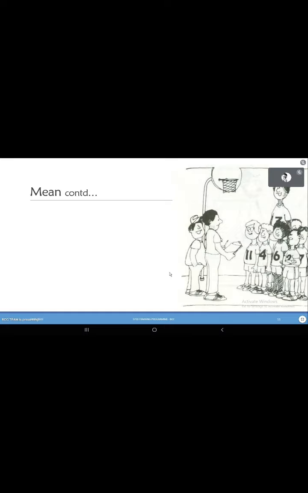Although mean is very useful in summarizing any variable, it has a drawback in a few situations. For example, imagine a basketball coach wants to know the average height of his team. Here, the majority of the students have almost similar height, but there is one fellow who is very tall compared to the rest. When you compute the mean in such a scenario, the average height will be shifted extremely towards the height of this fellow, and it will misrepresent the height of the majority of the children.